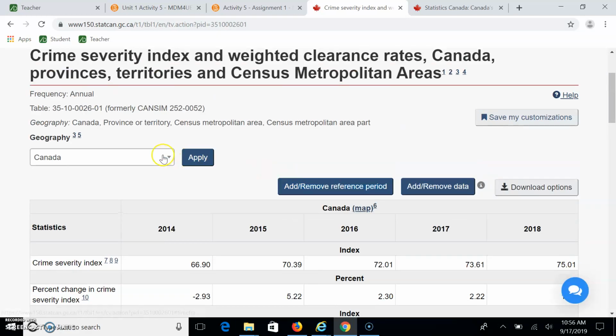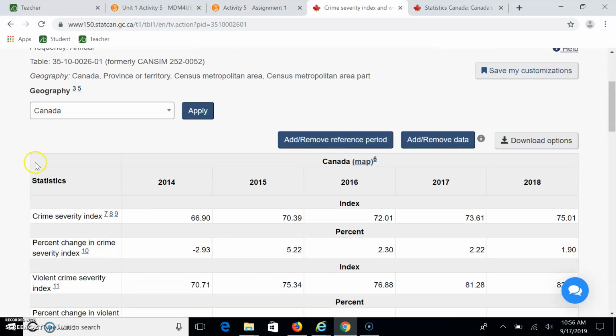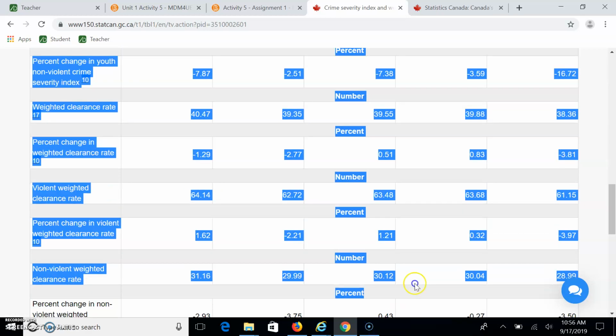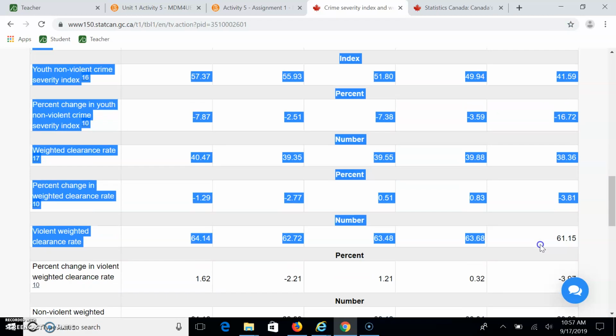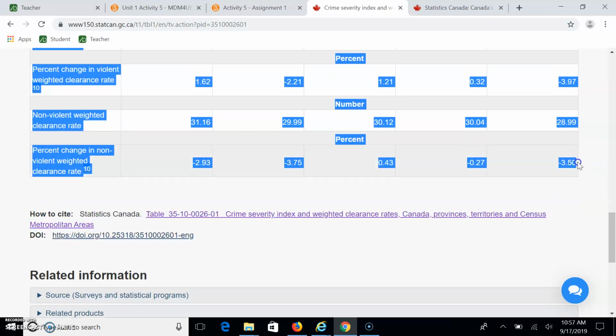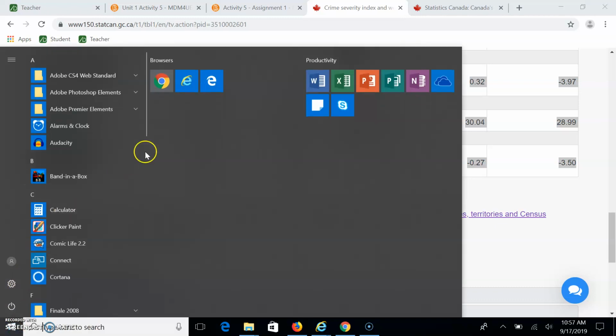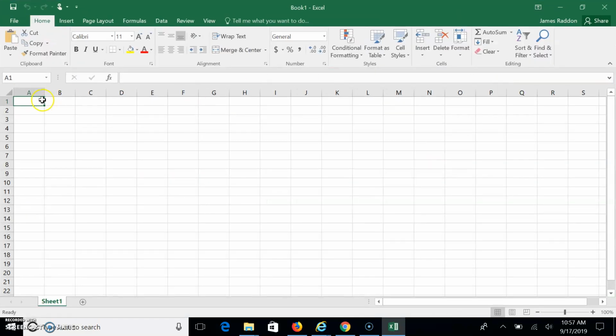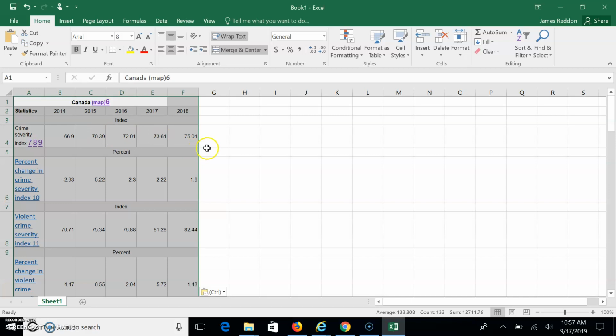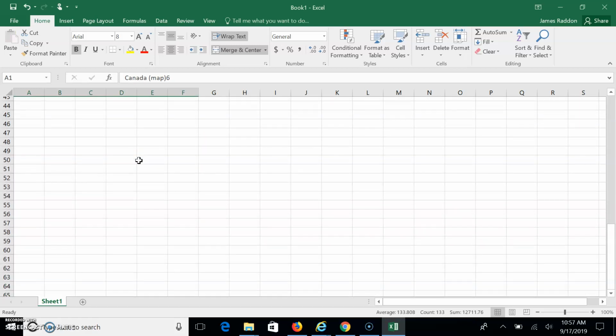And here's a table of data. All we want to do is select it. Select all the data points, and then hit Control and C on your computer for copy. And then you're going to go to your computer and open Microsoft Excel. Select the first cell and press Control and V. And there you have some data in